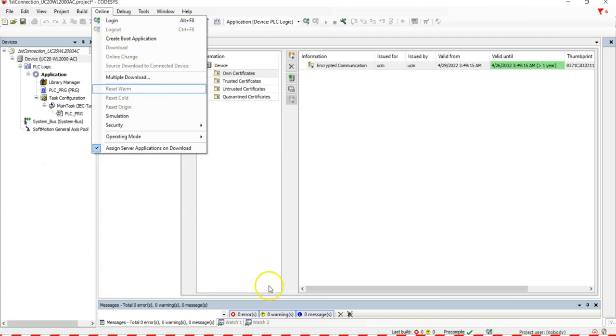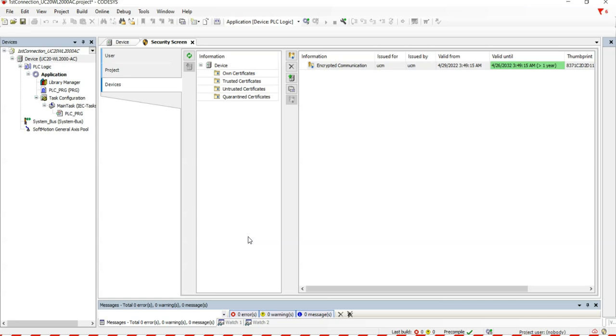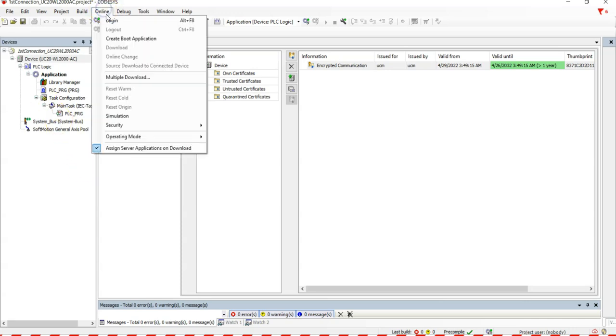this is something to bear in mind actually. Because the controller is the WL2000, it's actually a PC running a Linux operating system with Codesys running on top of it. So I'm not actually online to the PLC side, but I am online to the operating system, where I can set up the certification. So there are two layers of connectivity: the layer of connectivity to the operating system, and then the actual Codesys programming environment. So if I go online and log in,